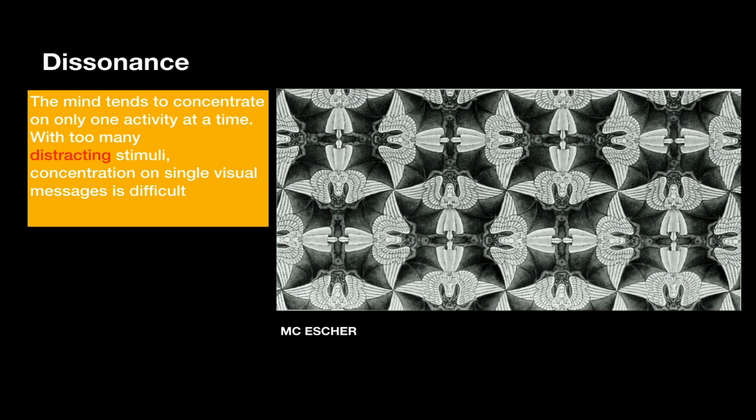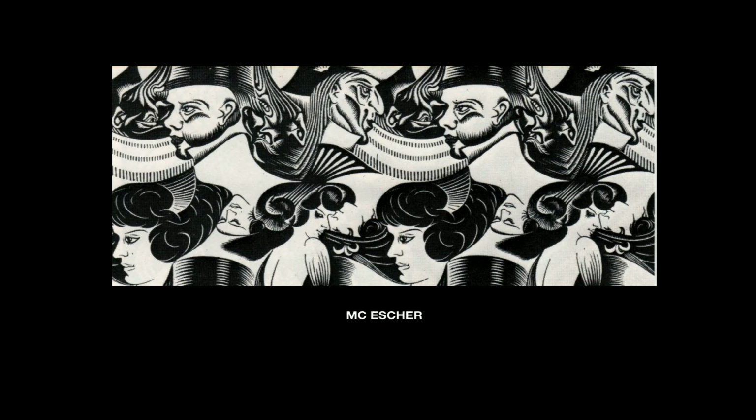So this is a whole bunch of things happening at once, and you're focusing on one particular thing where other things may fall away, or you may get distracted by one thing and not see the other. Here's another Escher example to give you an idea. You may see one thing really prominently and not see the others as prominently right at first. And everybody's going to look at images a little differently, right? Everybody's going to see these things slightly differently.